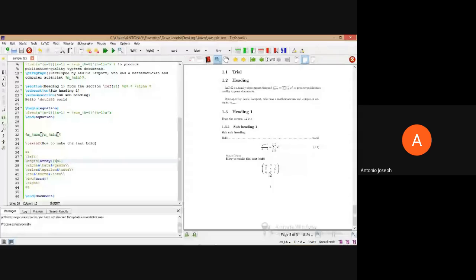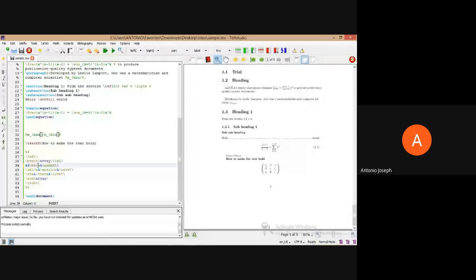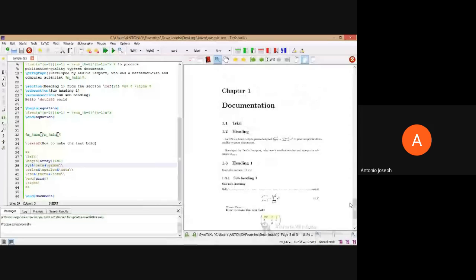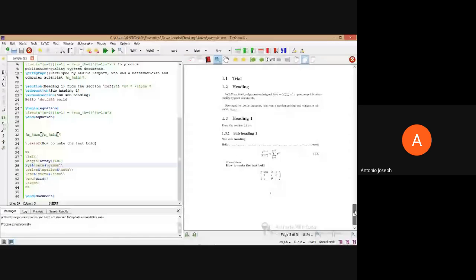That means if I provide, instead of this alpha, a variable called xyz, and I keep it as left align, we can see now it's aligned towards left.